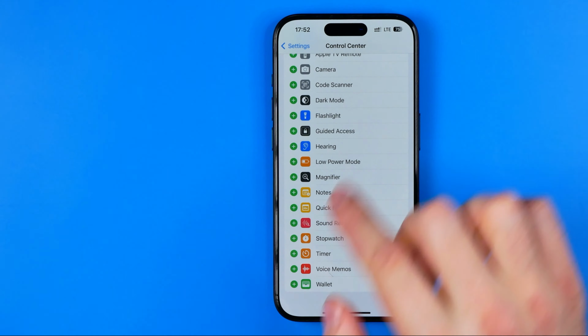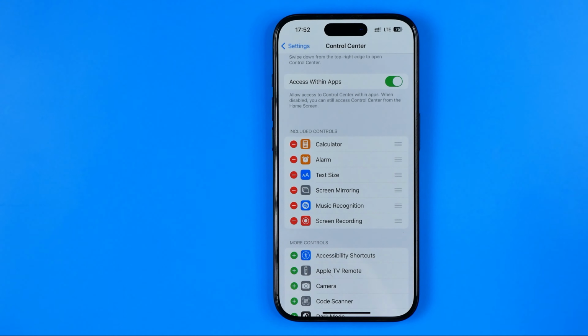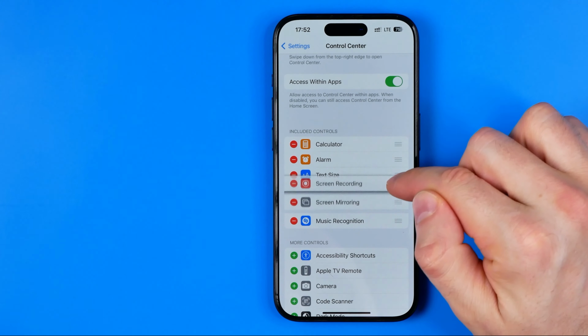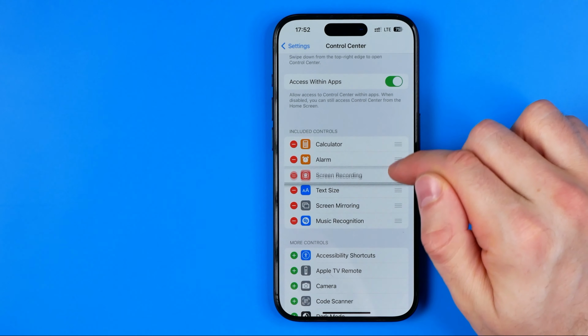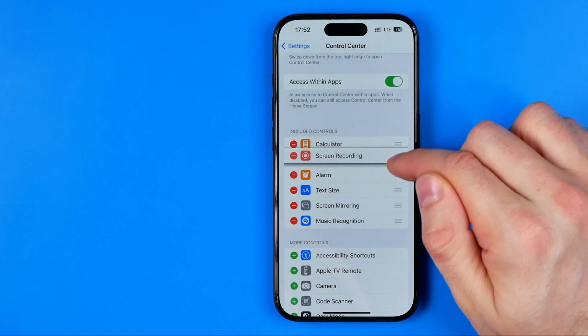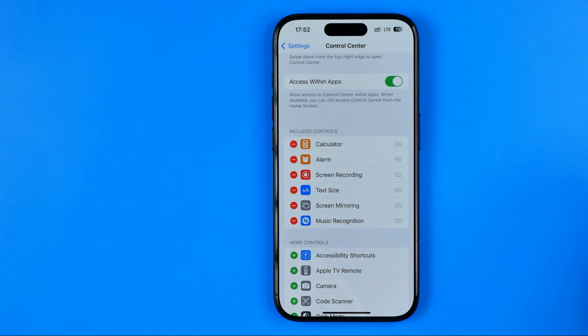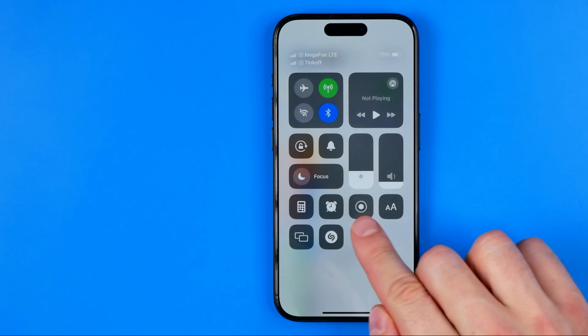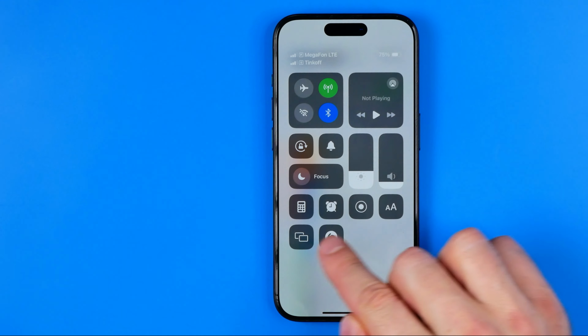Here it is. Right from here, from the Control Center settings, we can also change the order of our shortcuts. We can drag them up and down in that way, and that will also change the order of these shortcuts